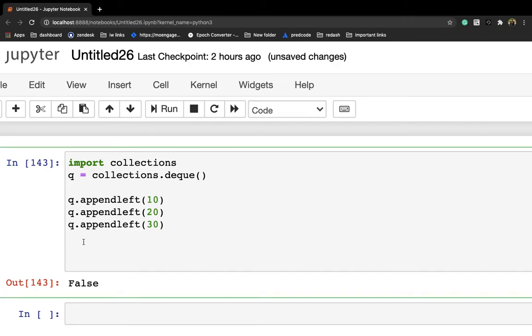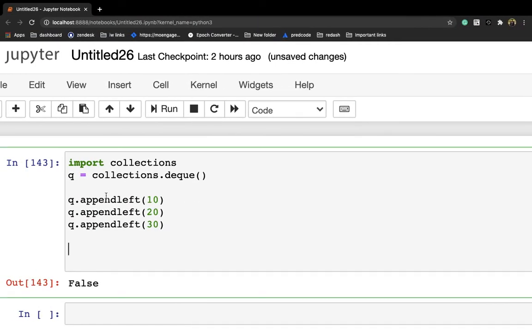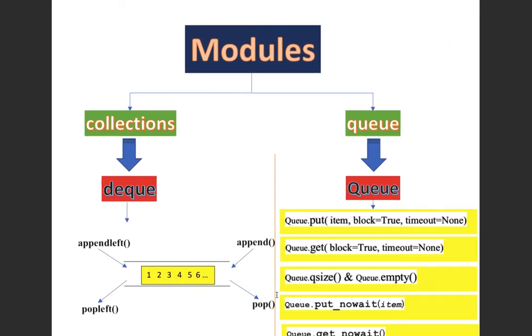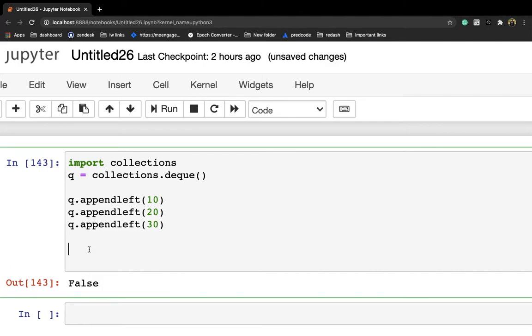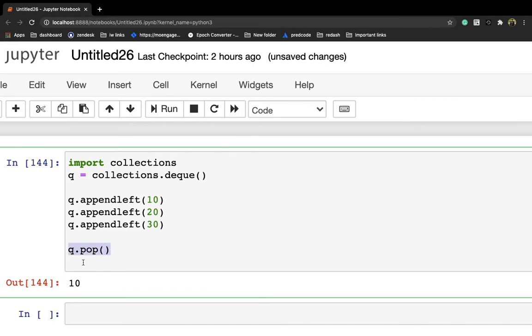Now let me pop the elements from this queue. To pop an element from the queue, if we are using appendleft we need to pop with the pop function. So here I'm writing queue.pop, simple. Once you call this function you'll get 10, because as per the rule of a queue, the first inserted element will be popped out first: first in, first out, and last in, last out.